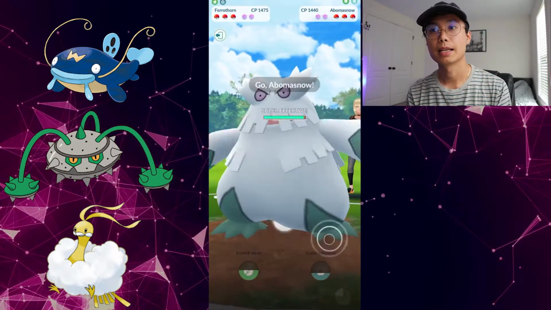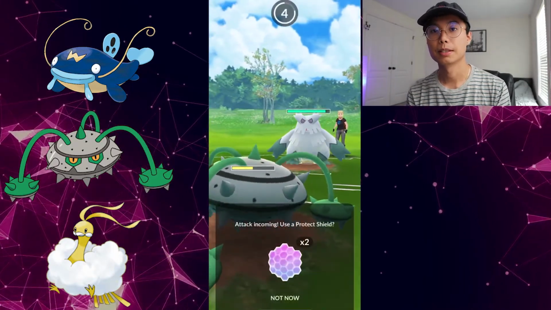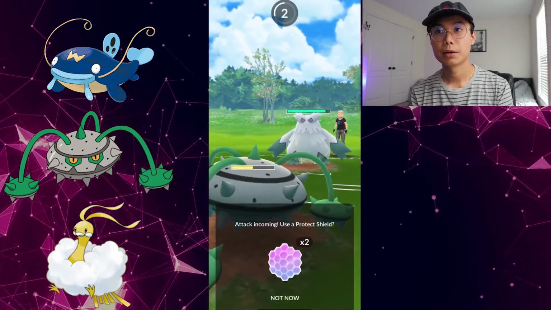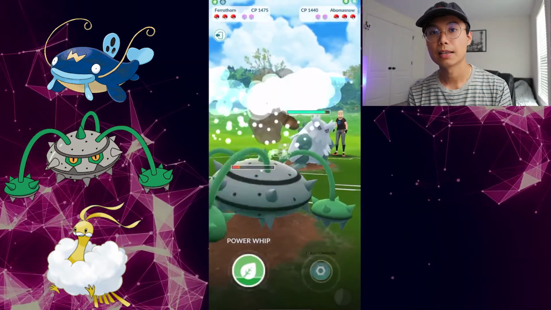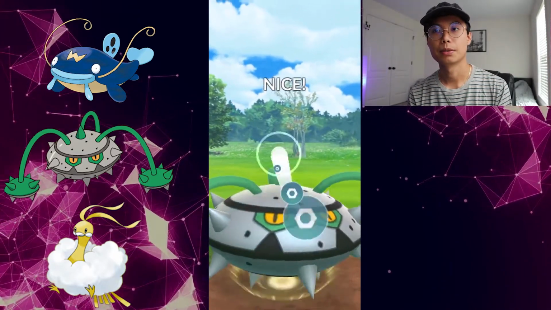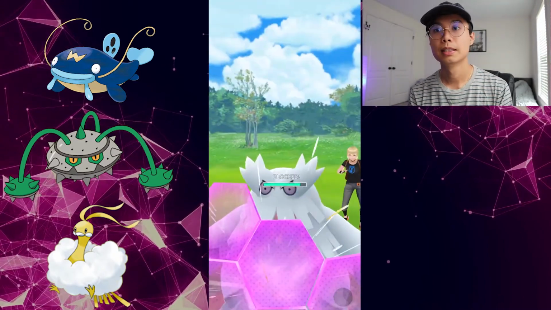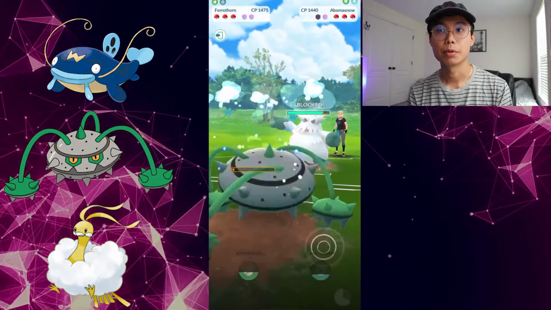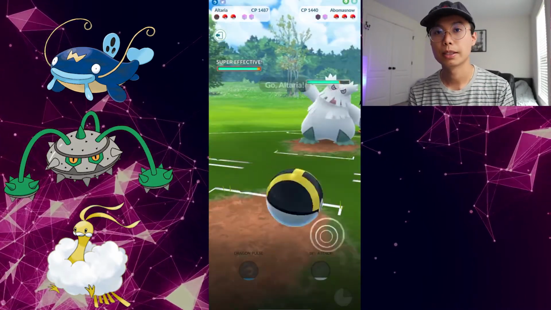So in comes Abomasnow, which is one pretty heavy counter to this team. Unless I land the Flash Cannon, I can't take this thing out, because Power Whip is going to do very little because of how resisted it is. So unfortunately, he is able to farm me down. Wish Cache isn't going to be able to do anything to this, so I have to bring in Altaria and